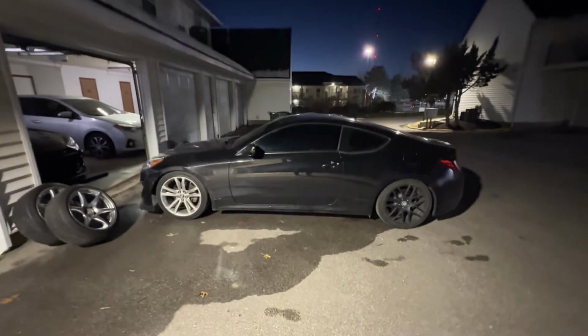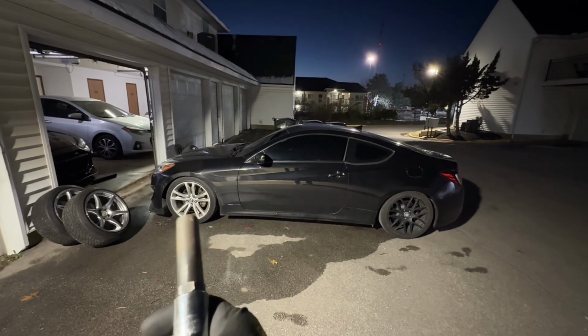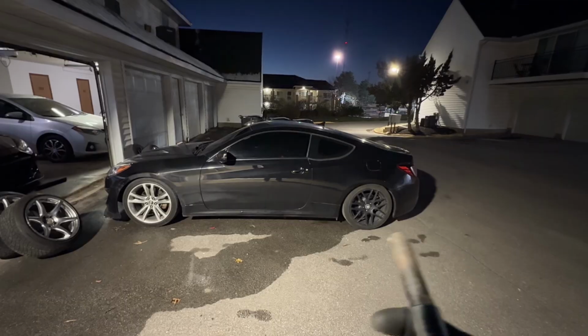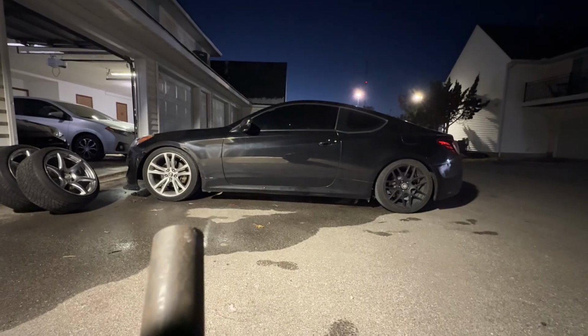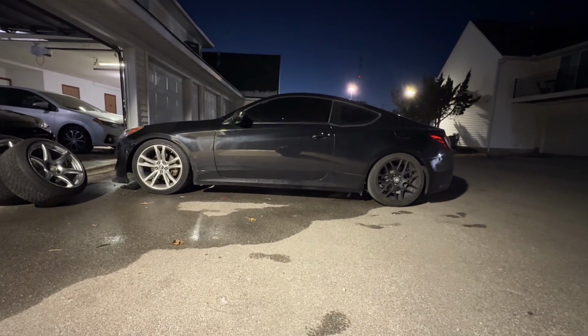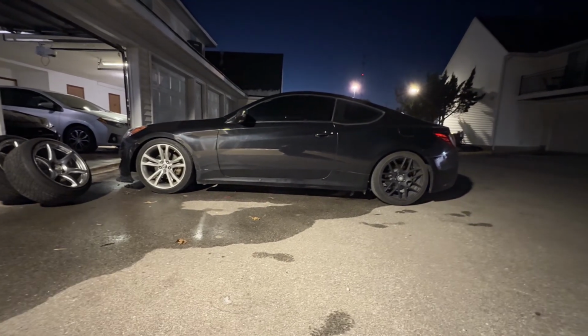All right, so this is a little quick before and after. I just got the other side on. This is BK1 stock R-Spec / track Cursa, some random off-brand wheel, but these are also 19s. I believe they're both 19 by 8.5, so that's what it looks like with that. And I'll be honest, y'all, with those little things,